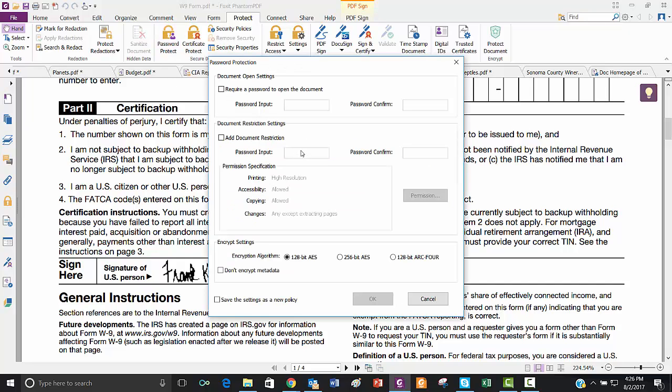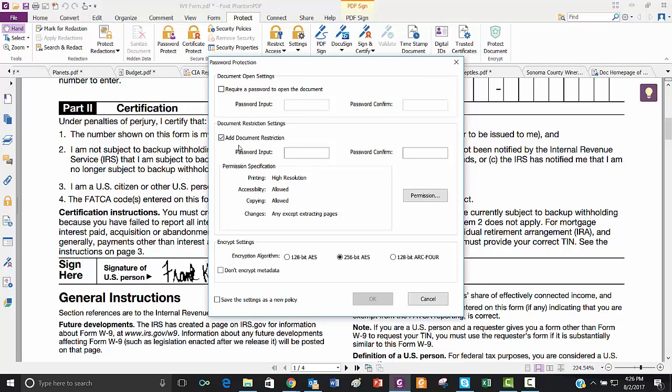And so again, this is very highly used. And there's two password protection mechanisms, right? The first one, I check this box right here. I input a password, and only people who know the password can open the document. Otherwise, it's encrypted. The second thing that I can do, and these two things are totally independent of each other, you can do one, the other, or both,